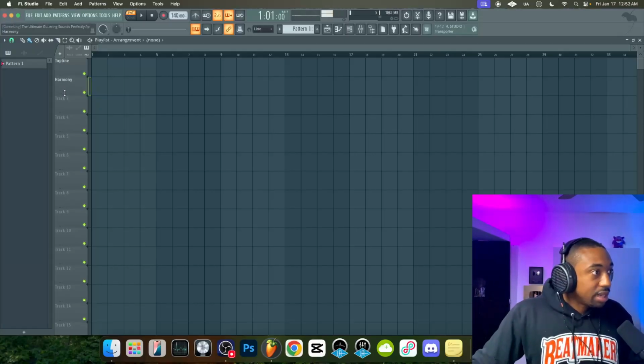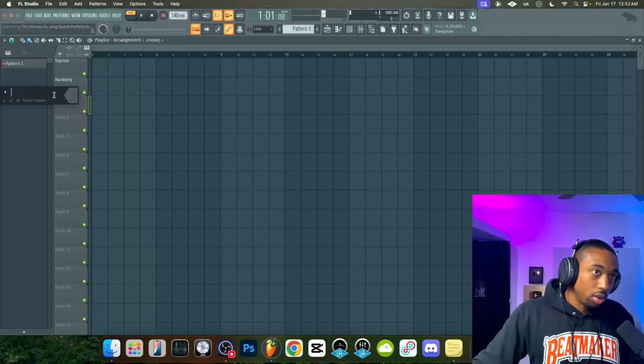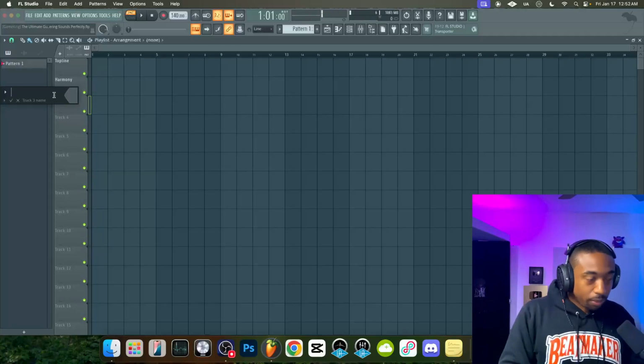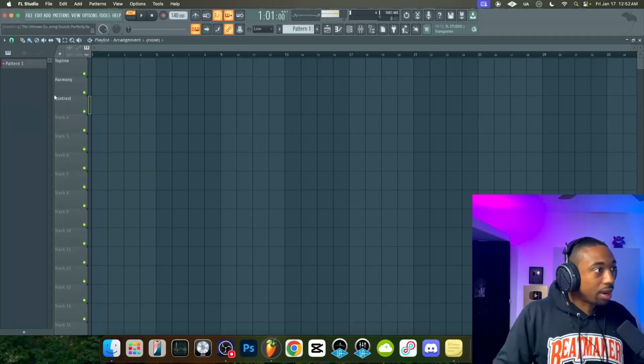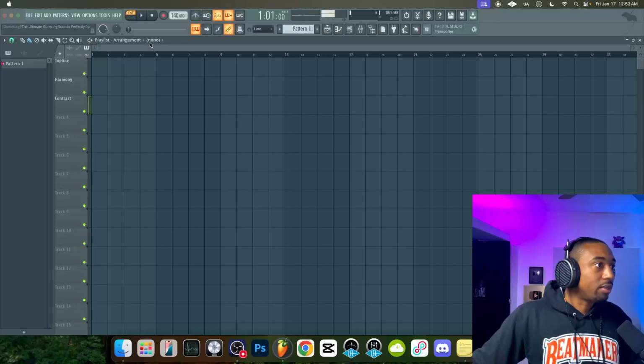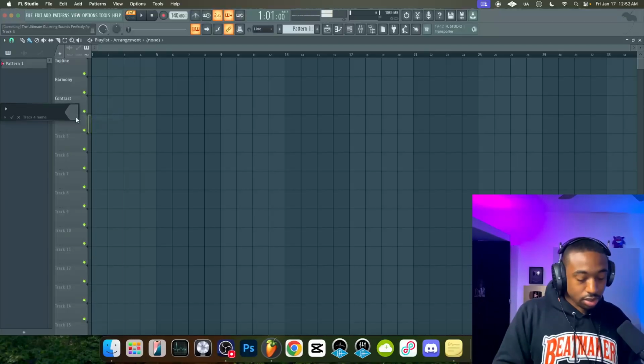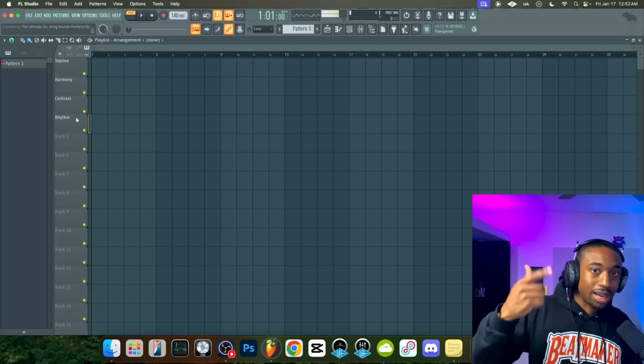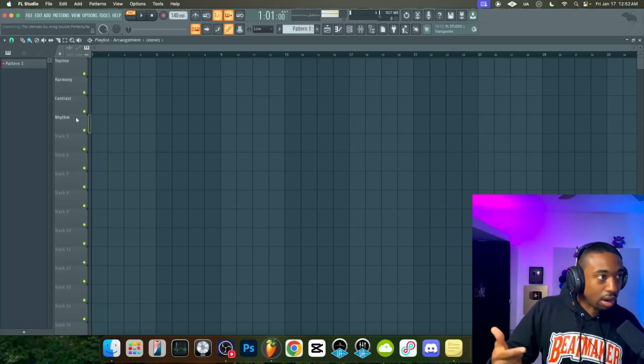Next, we have the harmony section. This is where we add chords in our song. Chords are like the glue for a song. And thirdly, we have what's called a contrast layer. The contrast layer is all about adding density to your track. And lastly, we have what's called the rhythm section. The rhythm section is to create perception of time in our song.